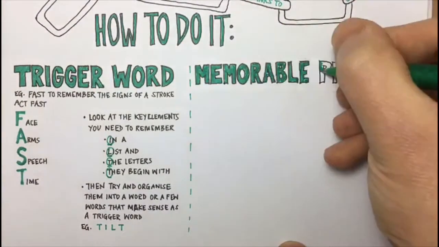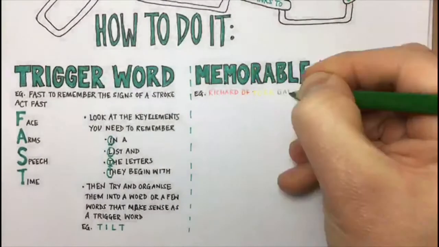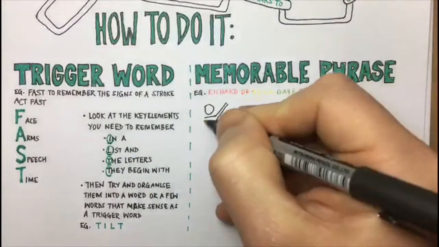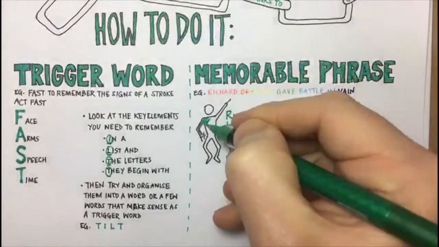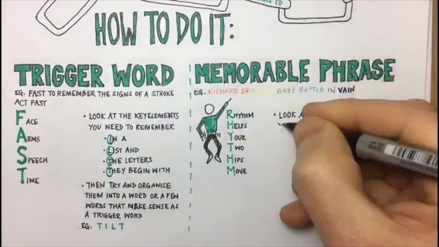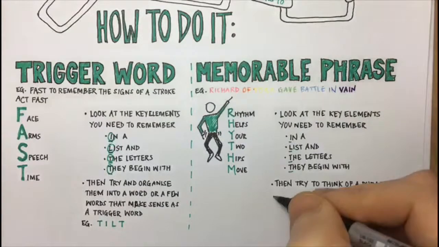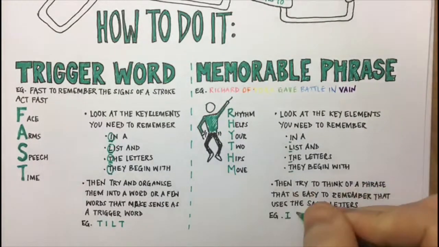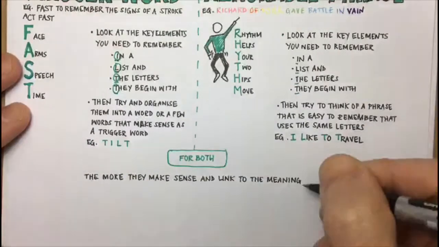The second approach, the memorable phrase approach. Two well-known examples of this are remembering the colours of the rainbow in order with the memorable phrase Richard of York gave battle in vain, or remembering how to spell rhythm with the memorable phrase rhythm helps your two hips move. For these, you also look at the key elements you need to remember in a list and the letters they begin with, and then try to think of a phrase that's easy to remember that uses the same letters. For both, the more they make sense and link to the meaning of the content, the more effective the memory